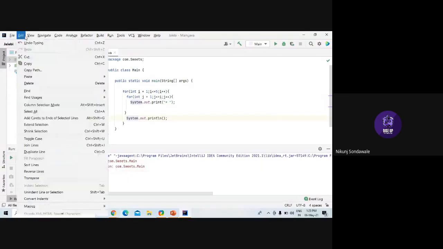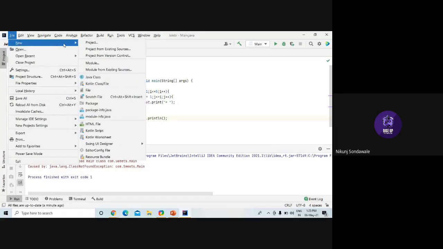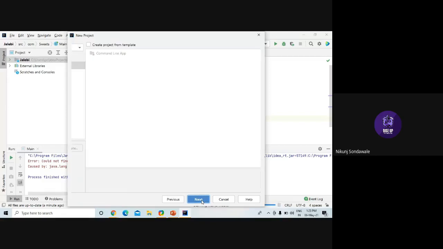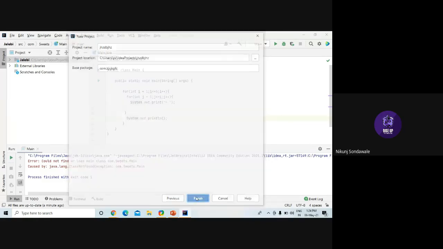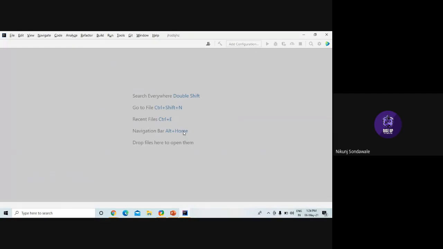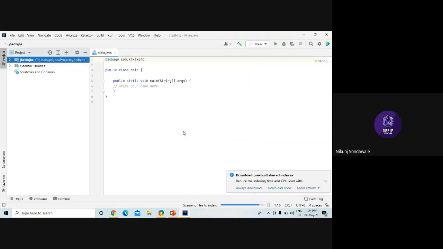Next, I just name it something and name my package file as Bruashiga. Then finish. A new window will open. Okay, let it get developed.